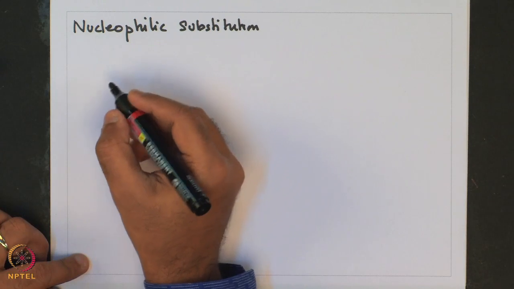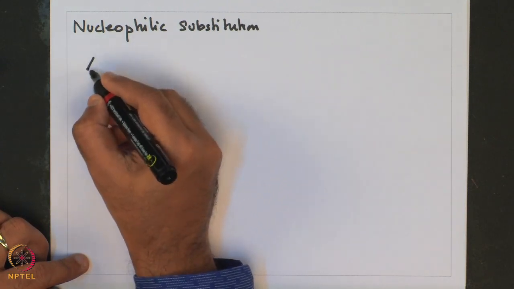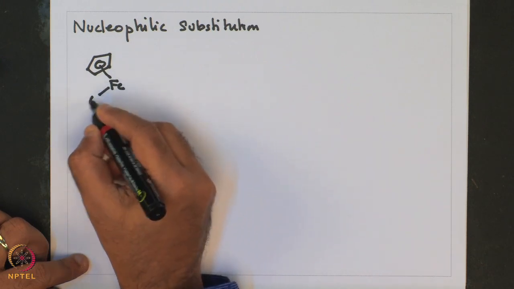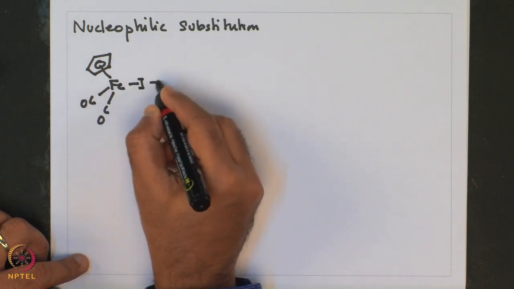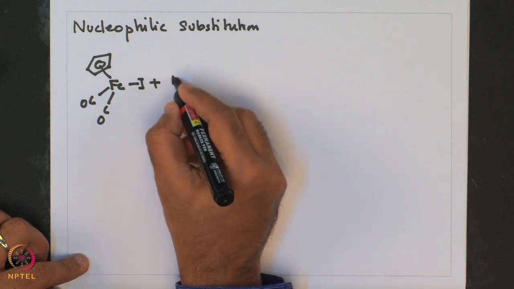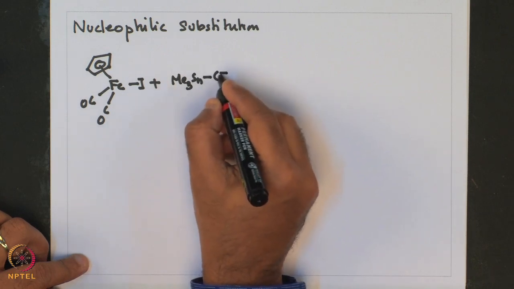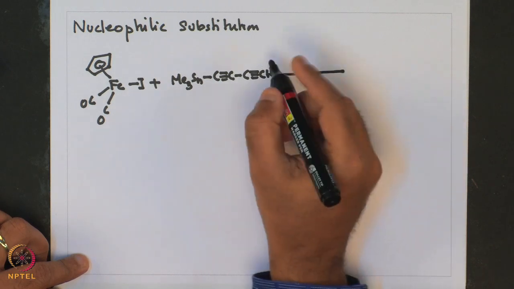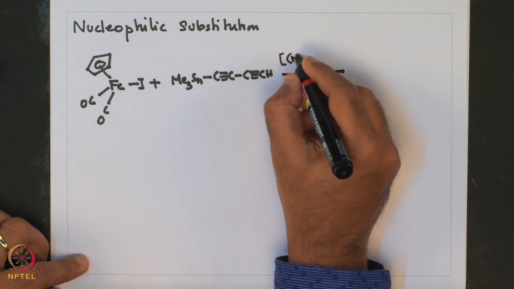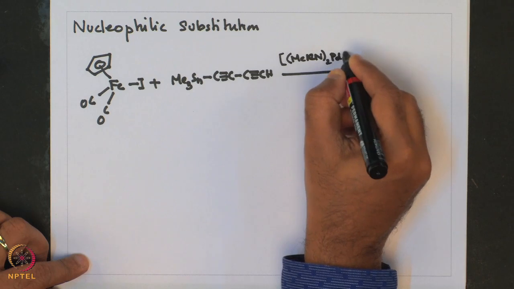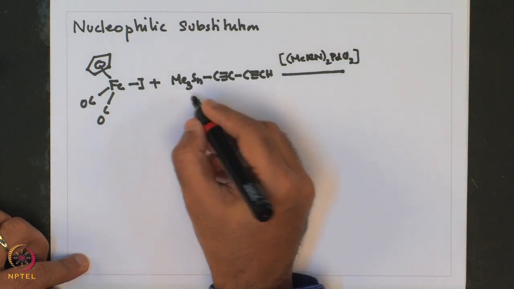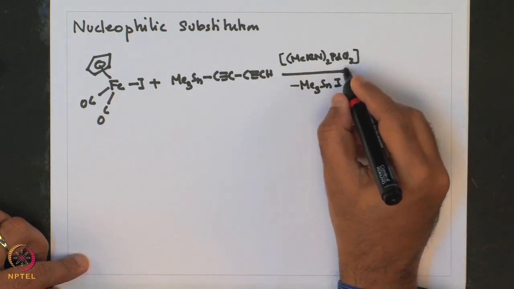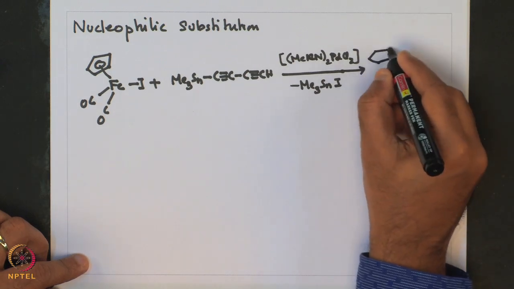For example, the reaction of Cp iron dicarbonyl iodide plus trimethyl tin acetylide of the type shown over here, reacting in presence of bis-acetonitrile palladium chloride and eliminating trimethyl tin iodide, results in this iron acetylide complex